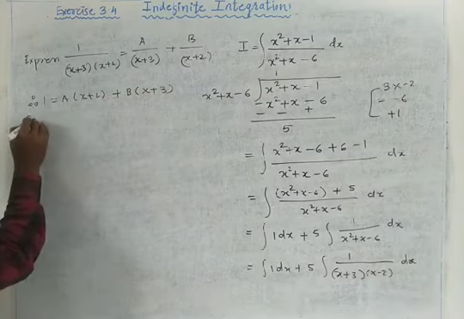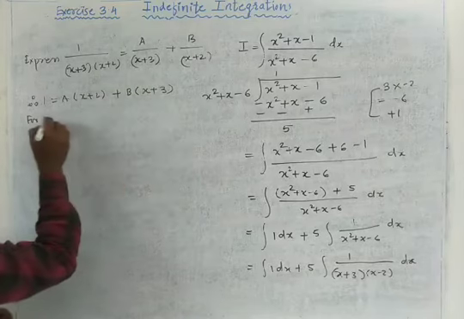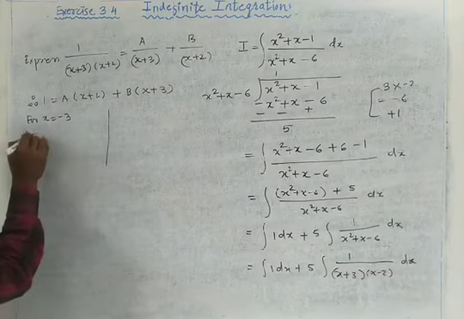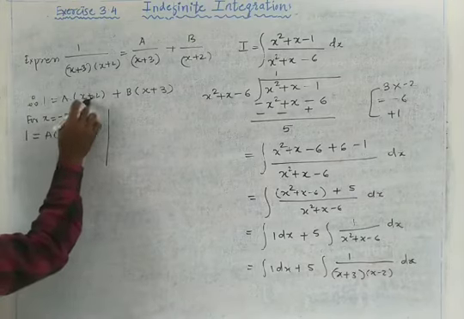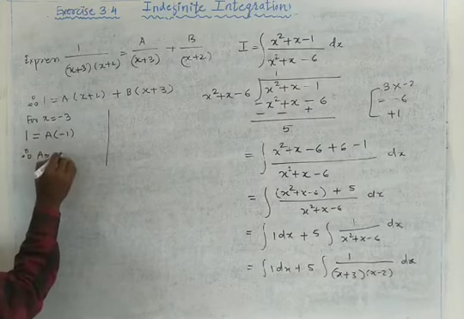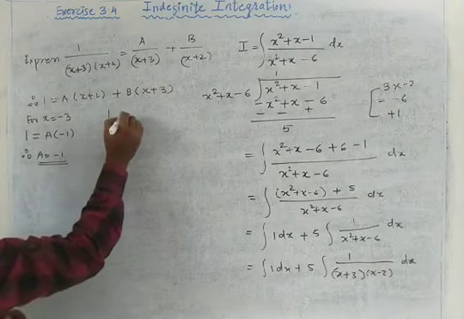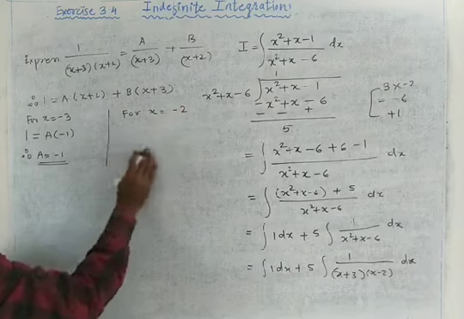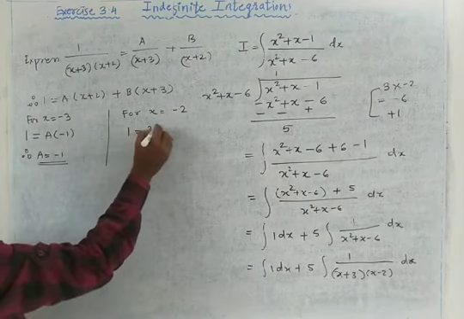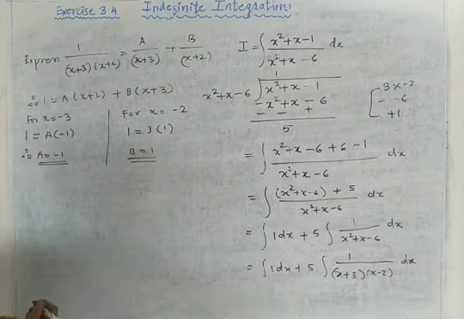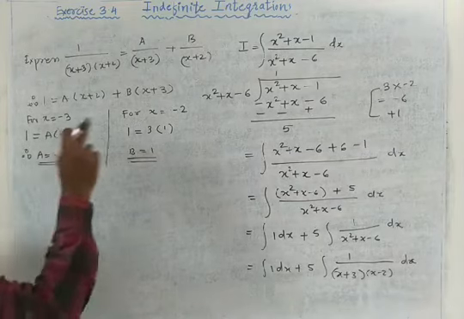Now part b becomes 0 when x is equal to minus 3. Now on the left hand side there is no x term, so 1 is a constant term and remains as it is. So a into minus 3 minus 2, result is minus 5. Similarly, when part a becomes 0, x is equal to 2. So 1 is equal to b into 2 plus 3, that is plus 5. Get that? So now we will substitute the values of a and b.